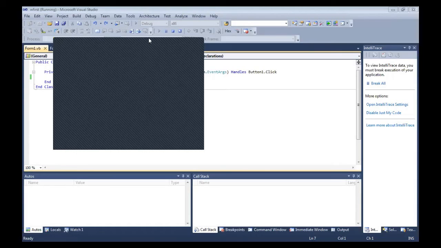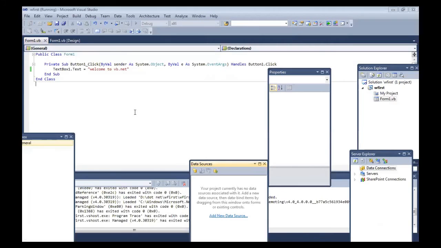It is event driven programming. Whenever I click over this object, when it satisfies that event, like the click event, it will display a message into the text box. This is a window based application. So in this way, you can easily write a window based program, or you can write a console program. At the start, we are writing console programs only.